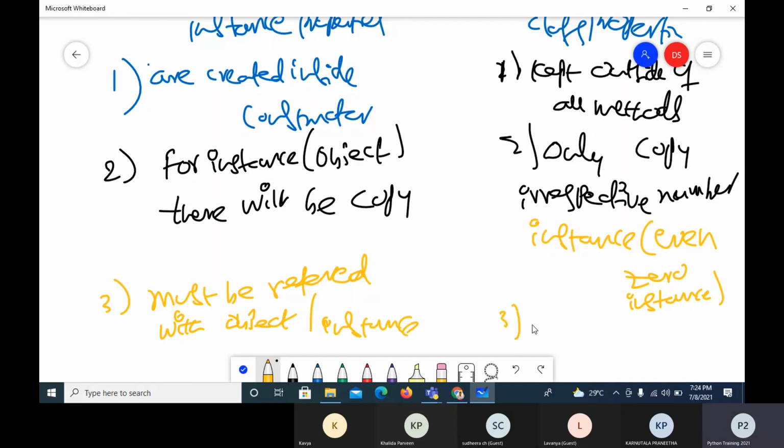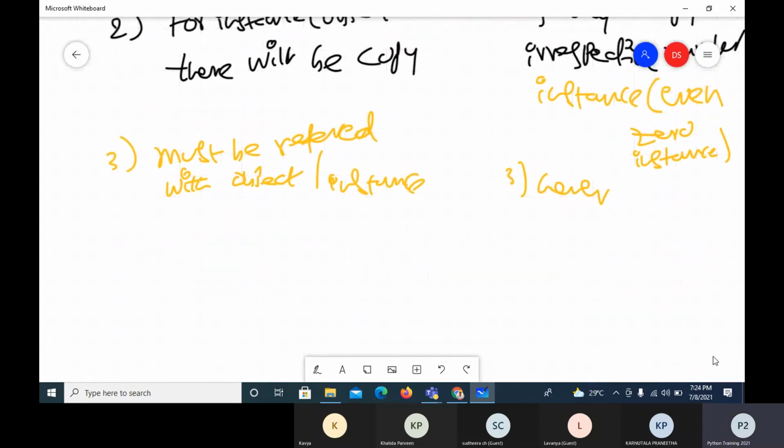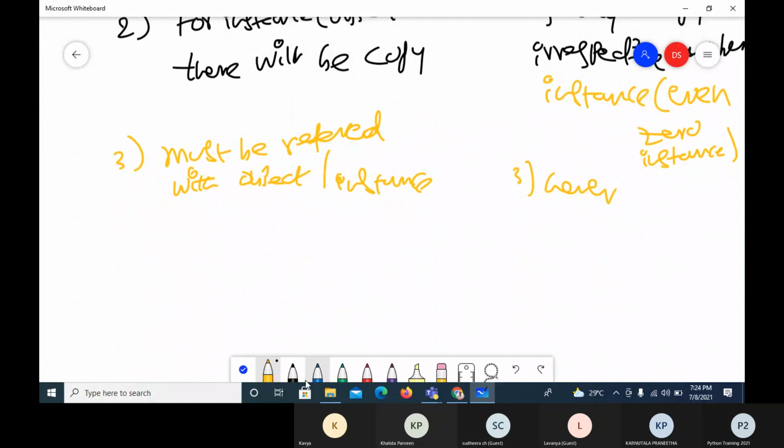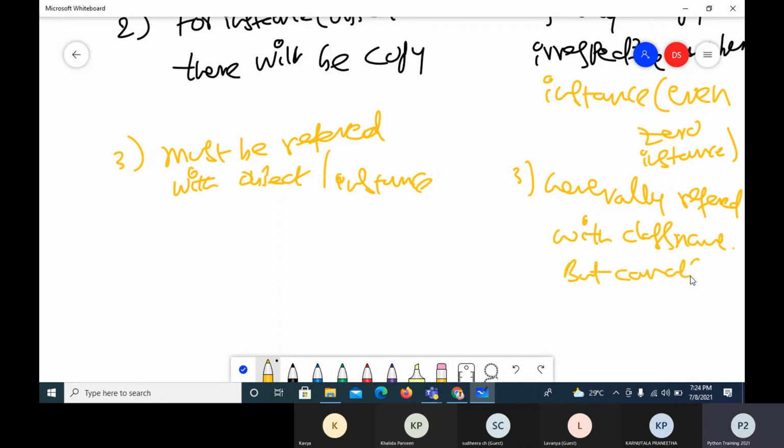But this is generally referred with the class name, but can also be referred with an object.